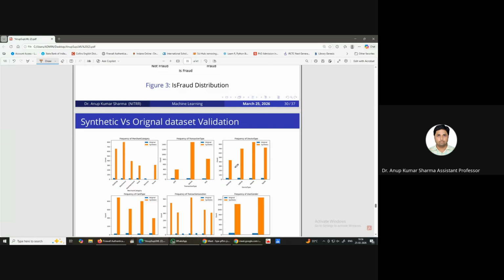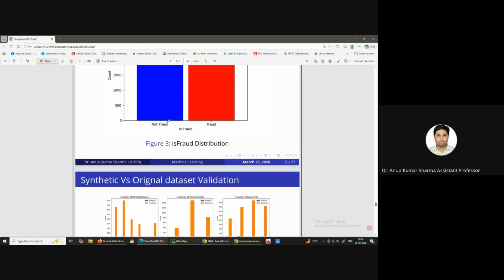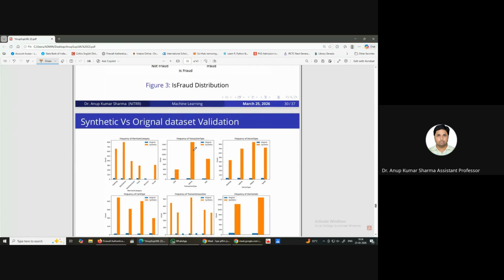Next, synthetic was the original data set. Now we are comparing. So we have the two data sets, the previous original, and this is our synthetic. In this comparison, not fraud and fraud due to the GAN was generated through the real data, because training and testing is going through the real data. So see in this case,